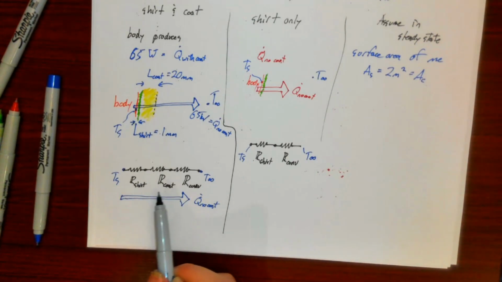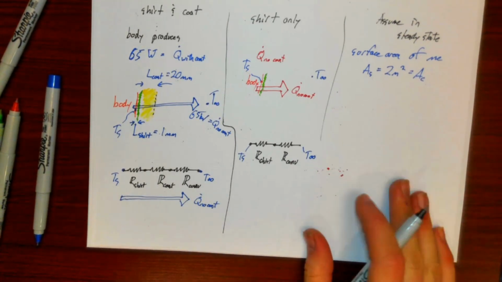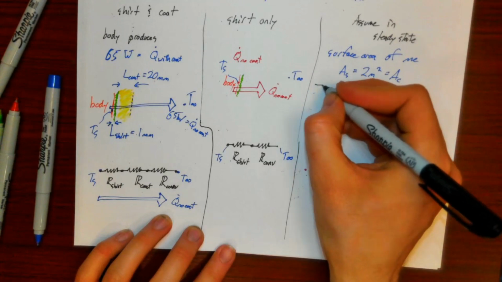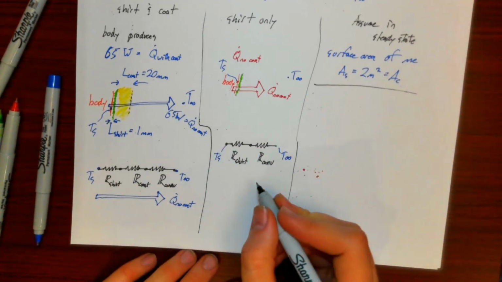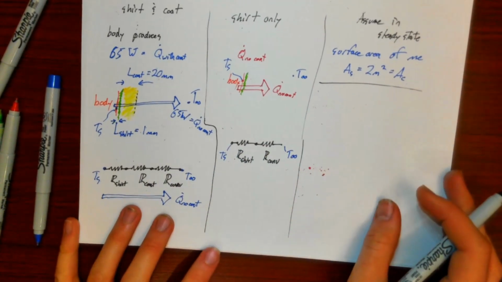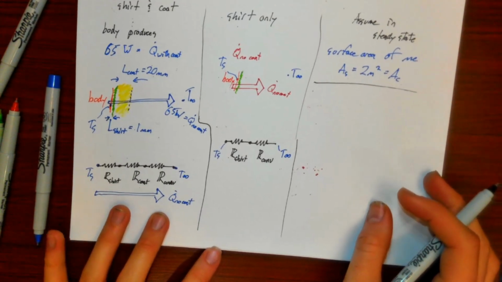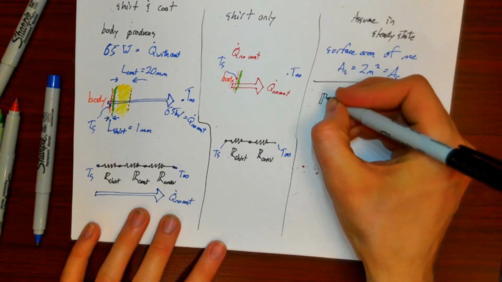So I'm leaving these resistors as things that are as of yet unknown, but we can start putting these resistances in terms of knowns, or maybe in terms of a couple of unknowns. So what might that look like? Well, our shirt,